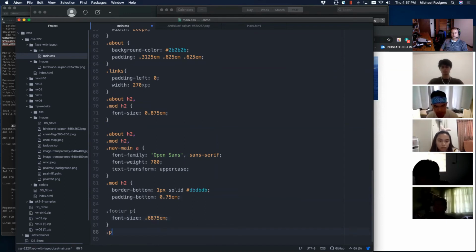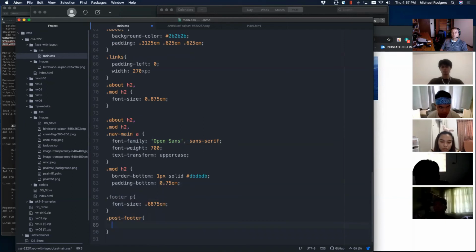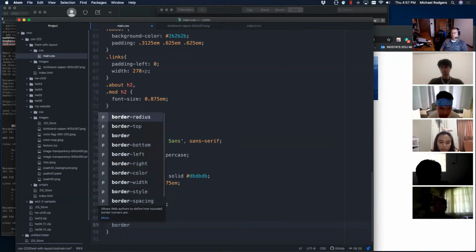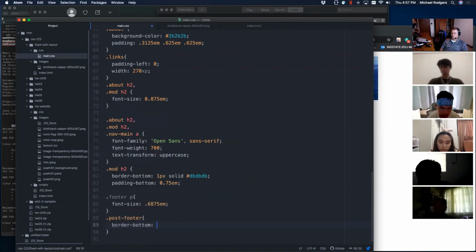And then we're going to create a post footer. This is going to be border bottom, 1px, solid,